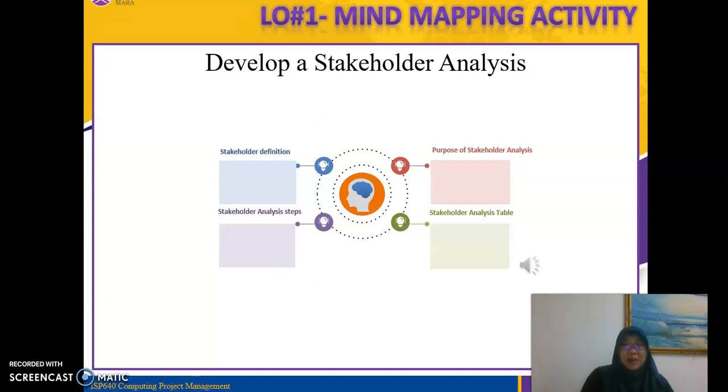We come to the end of our sharing session. Here we have a mind mapping activity which based on to develop a stakeholder analysis. Therefore, you have to fill in the blank space and then submit it using the feedback section. So I hope that you will enjoy this mind mapping activity,